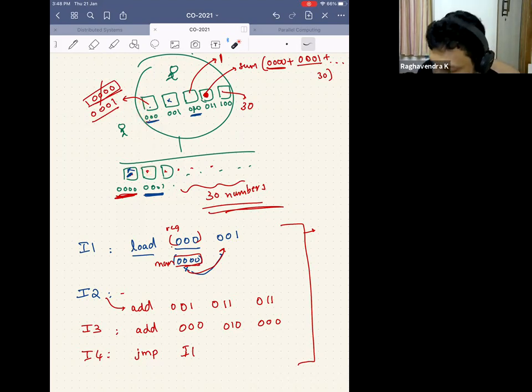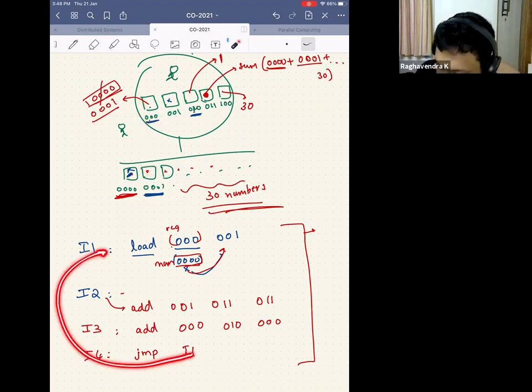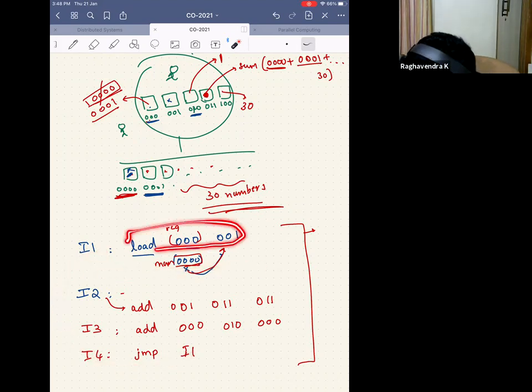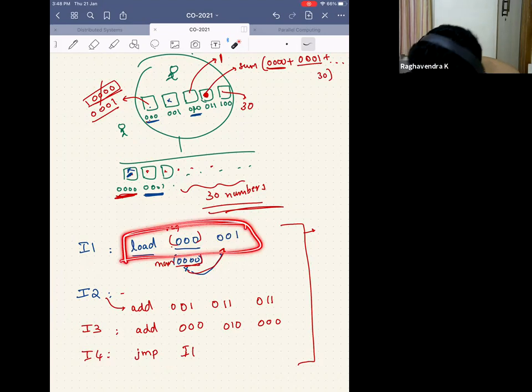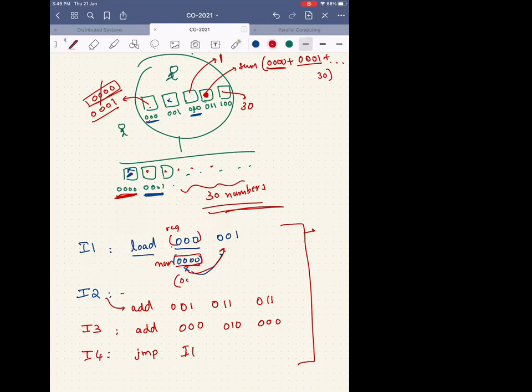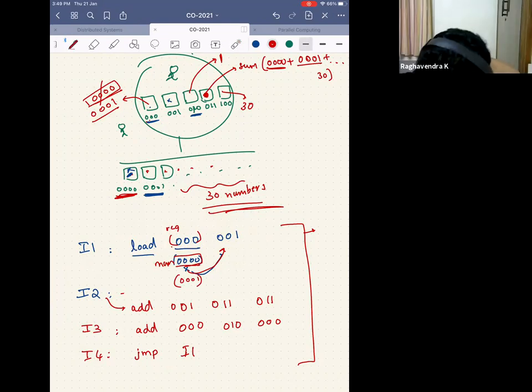And now somebody beautifully said, I will jump to I1. Now when I do a jump to I1, I have the same instruction. This is the instruction that I am talking about, so you should not confuse it with this. When I am converting, this instruction is no longer these 4 zeros, but it is 0, 0, 0, 1. So whatever is there in 0, 0, 1 will be copied to 0, 0, 1 here, right?